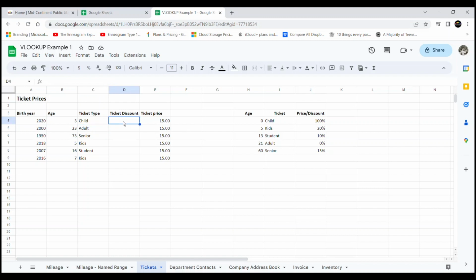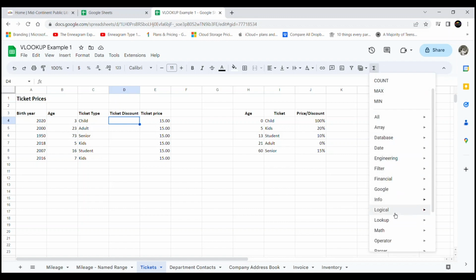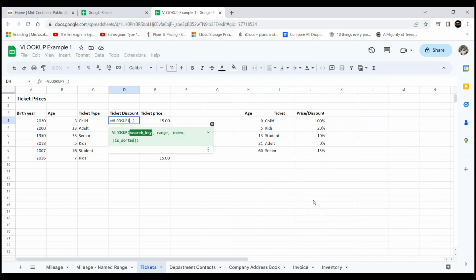Now we also then want to find out what their ticket discount is going to be, because in column E, where it says the ticket price is $15, it's actually $15 minus whatever this discount is going to be. So again, we need to use Vlookup to find the discount. Let's go to our functions button, go down to lookup, and then over to the left to Vlookup. What is our search key? Well, the search key is still the age of that person, and we'll type a comma. What is the range? Well, it hasn't changed either. It is still